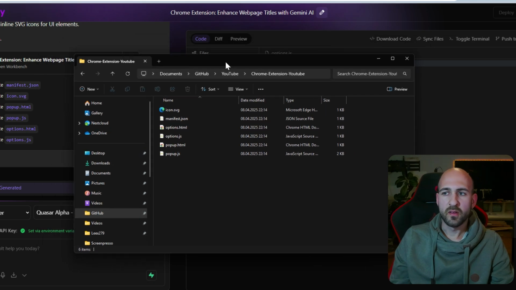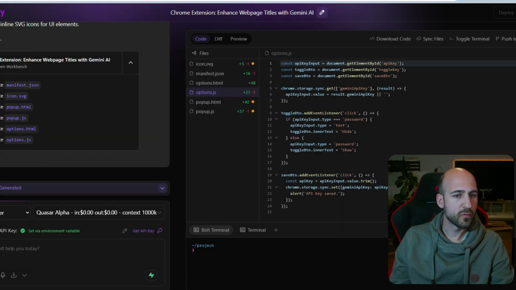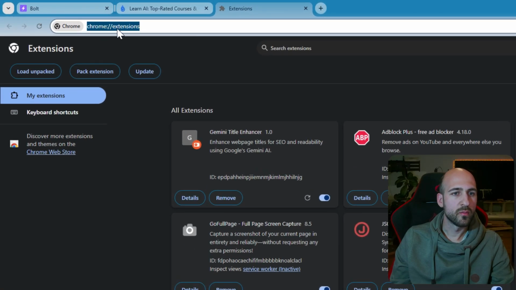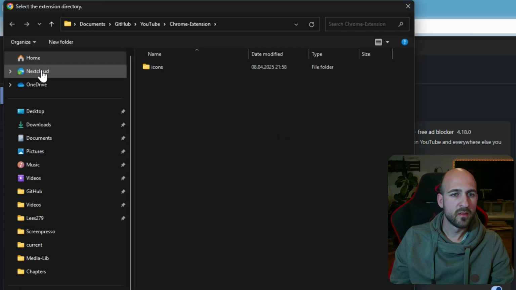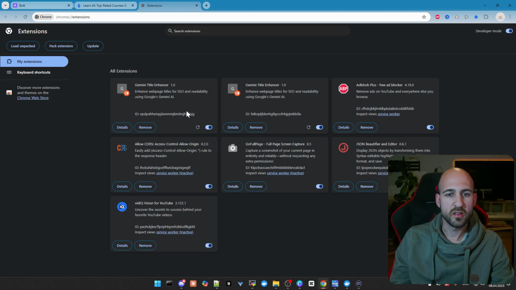And the next step is to load this extension now in Chrome locally for testing. So you go to this URL, Chrome extensions, and then you can go here on top to load unpacked. Go to your folder, choose the folder, select folder, and as you can see, it now added the extension here. I have it twice because I built it before to show you in the intro, but this is our new plugin and it's now active. Let's deactivate the old one